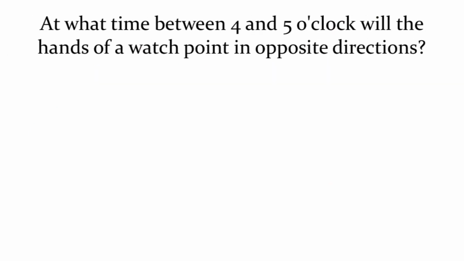At what time between 4 o'clock and 5 o'clock do the hands of a watch point in opposite directions? Between 4 o'clock and 5 o'clock the hands are in opposite directions. Let the time be 4 hours m minutes. At 4 hours m minutes, let them be pointing opposite to each other. I already told you, if the problem is about time, the problem is about minutes, and if the angle is given, minutes is equal to